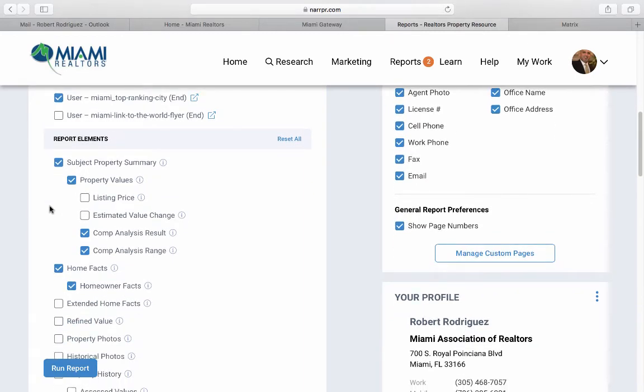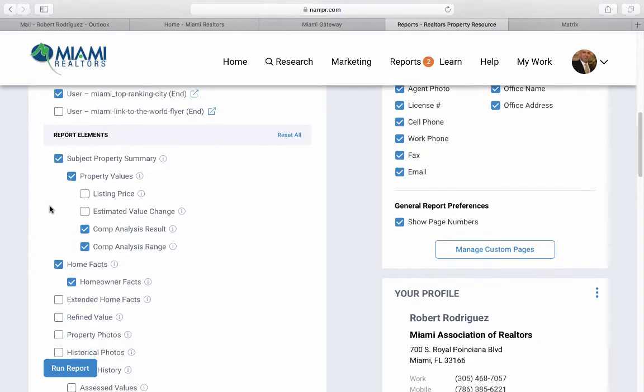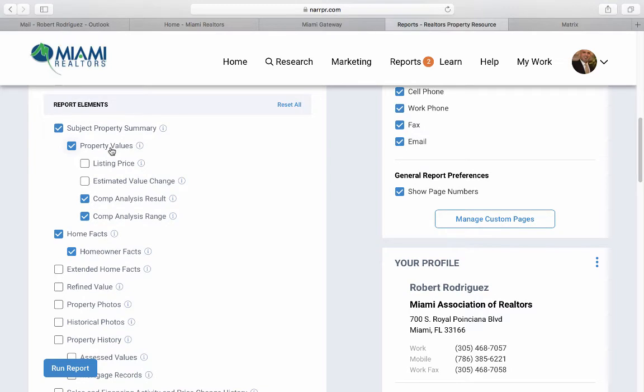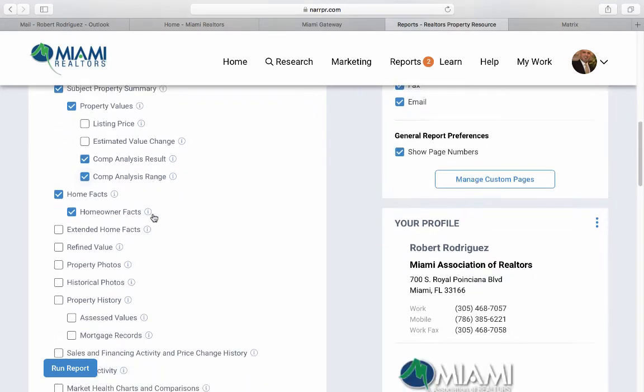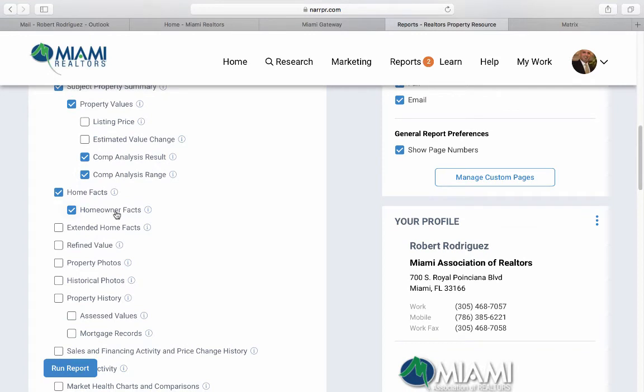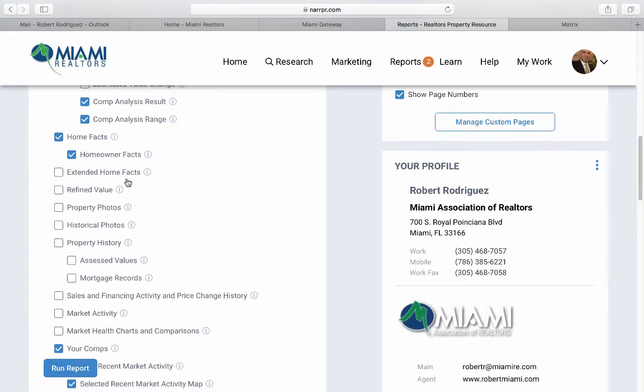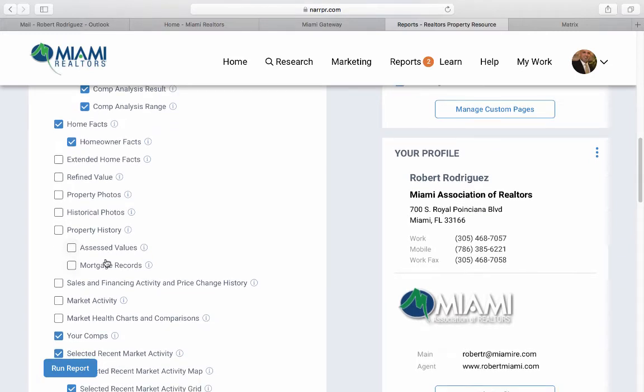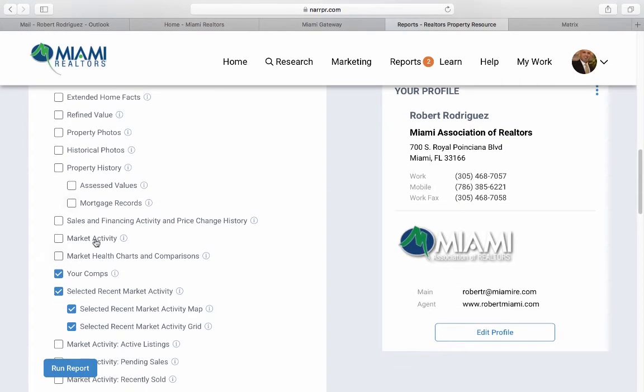Now, for the elements for a seller's report, I normally like to include the property values, the comp analysis result, and the comp analysis range. I also like to include the home facts. We will remove the extended home facts, the refined value, the property photos, historical photos, property history, assessed values, and mortgage records. We are also going to remove the sales and financing activity, market activity, and the market health charts